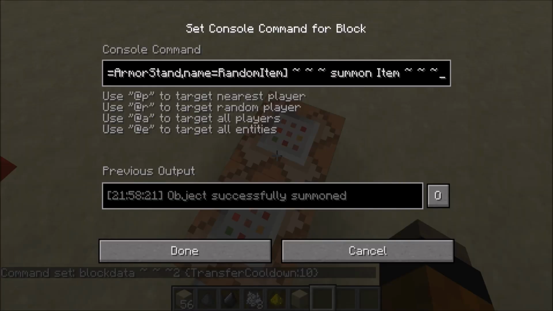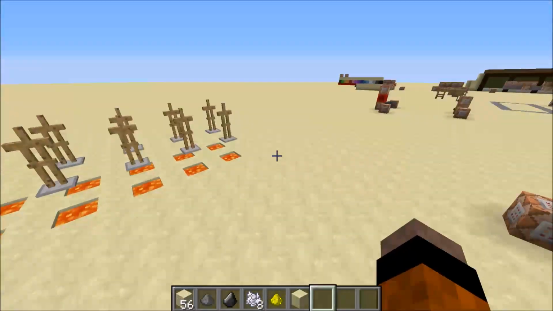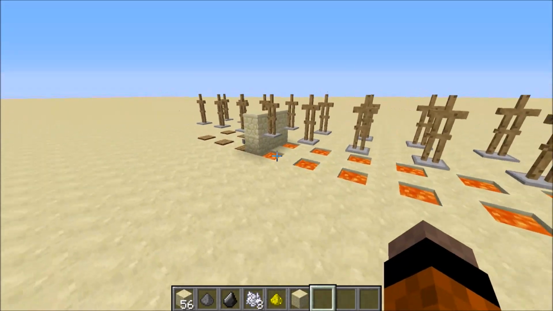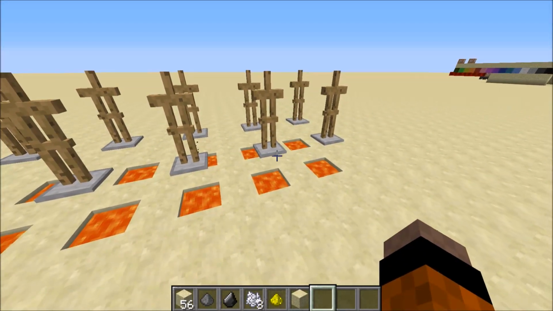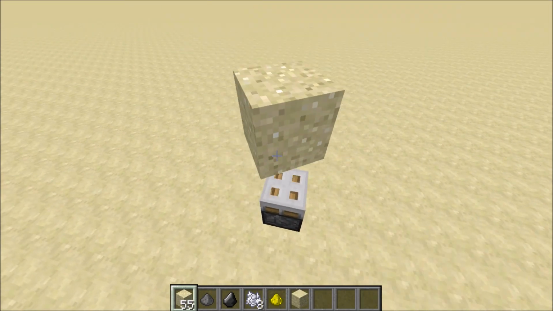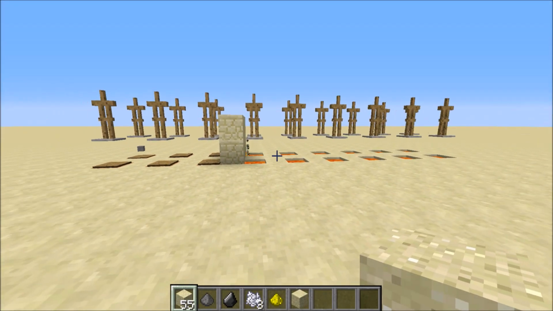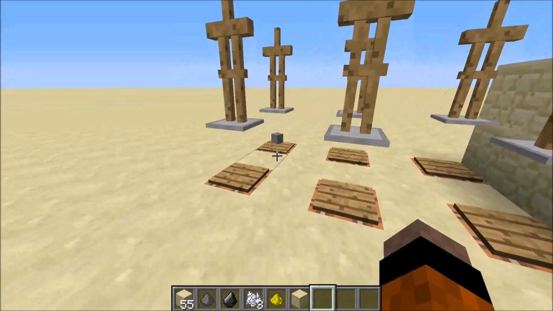And then this is used for the summoning of the items through these, so it chooses a random one of these armor stands and summons an item by them. So I'll show you it, and it's easier to see it. So if I throw one on there, you'll see one summon there and one summon on the pressure plate, and the command block underneath the pressure plate